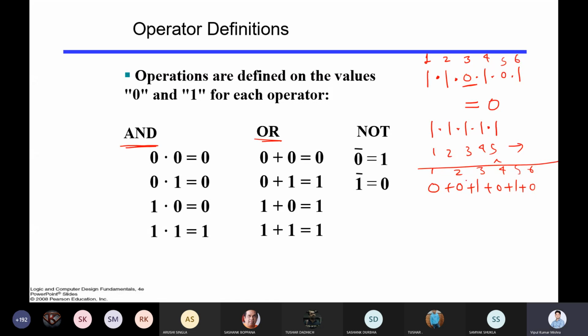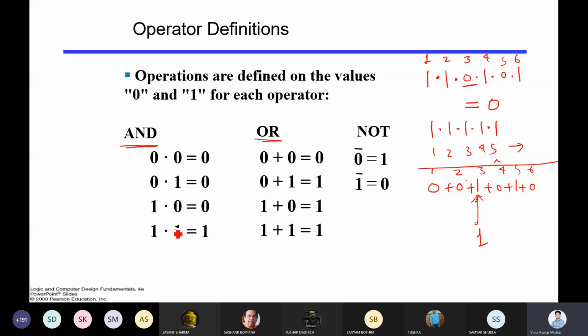In case of OR, in this. Yes? 5? 6? So 3. Yes, exactly. Once it gets any one, the first one, it will stop immediately here and the answer it will produce is 1. So OR is looking for 1 and AND is looking for zeros, right? So that is the way AND and OR are working.